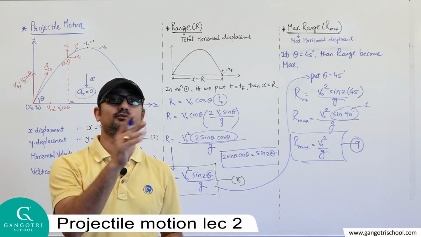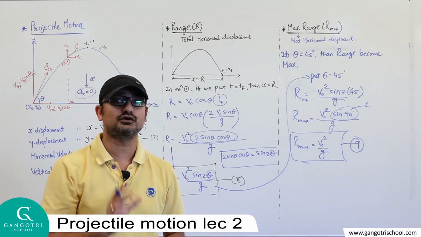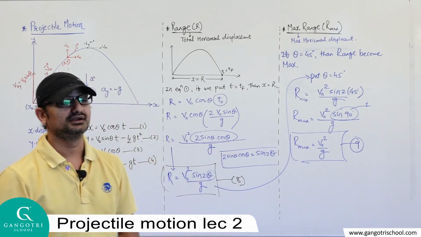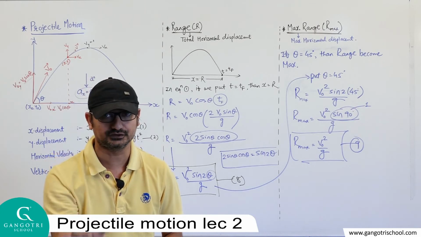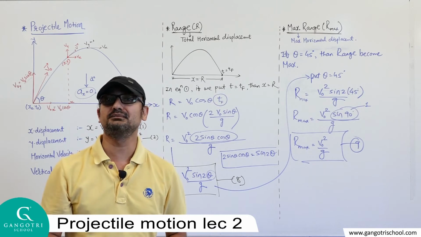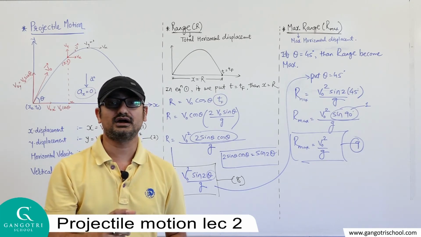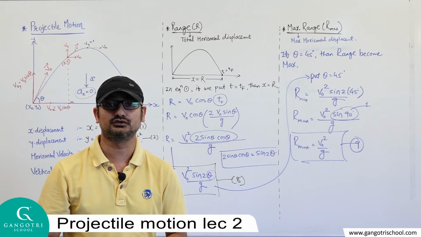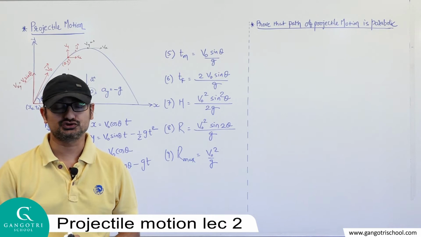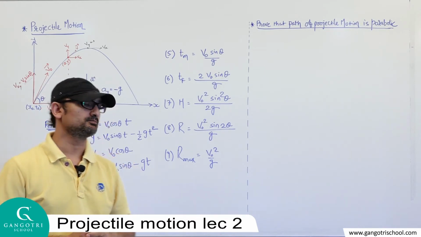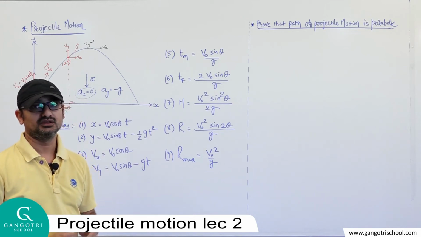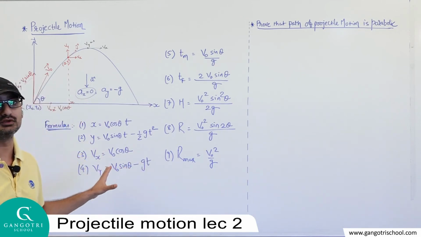But before deriving more formulas, let's make a list of the formulas we have derived so far in this topic. We derived a total of 9 formulas in this topic. Anyhow, you have to remember all these 9 formulas, otherwise you are unable to calculate the MCQs or sums. In the topic of projectile motion, these are the formulas that we derived so far. Again, please quickly observe all the formulas.